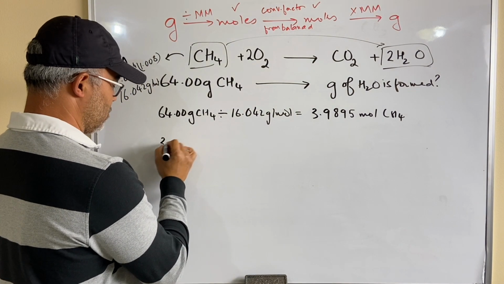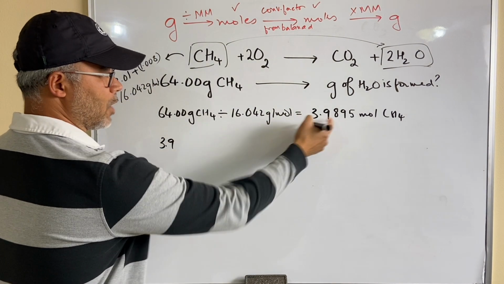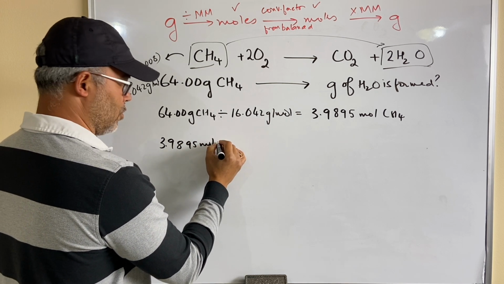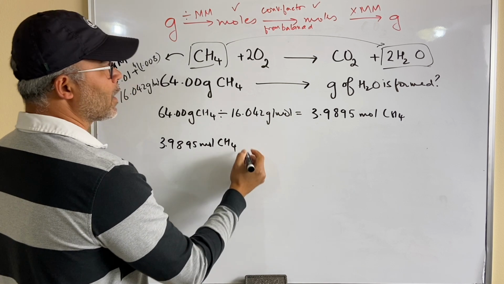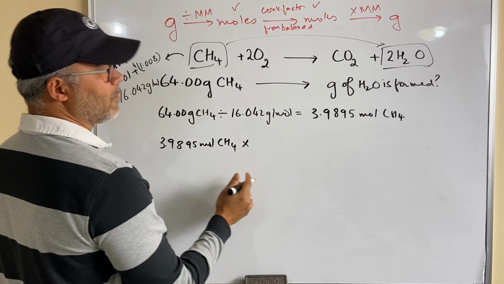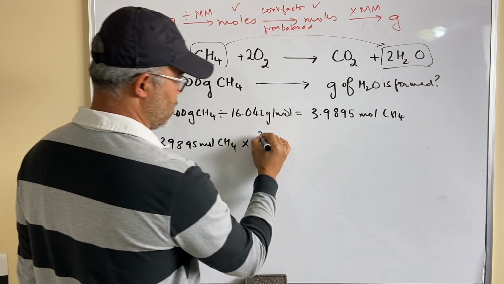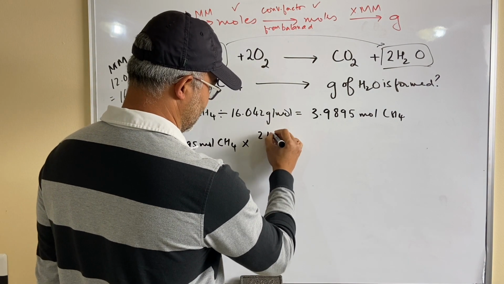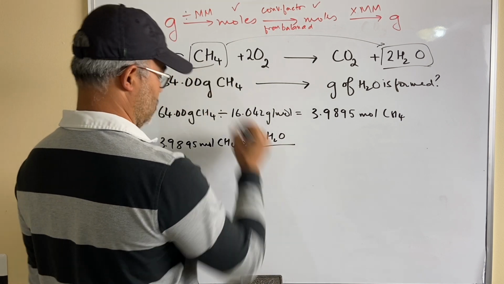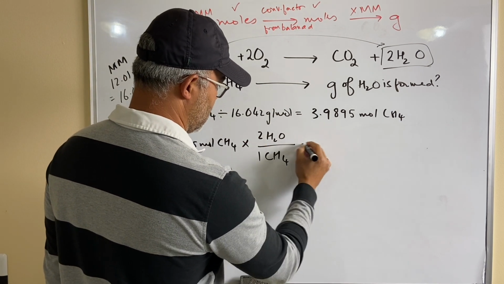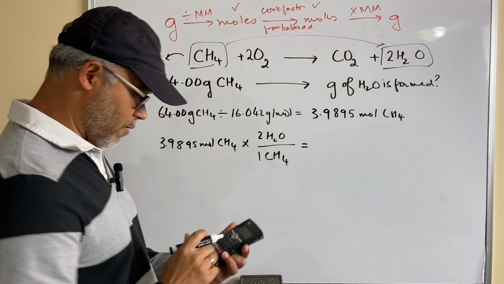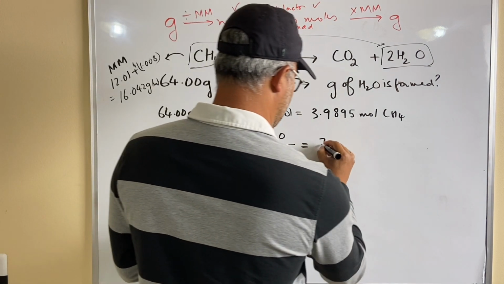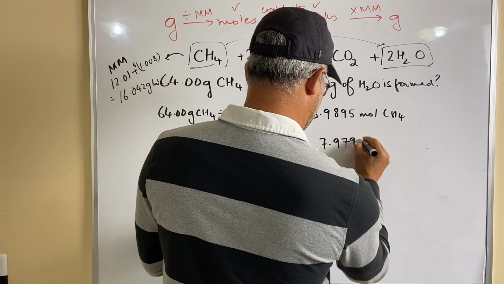To find the moles of water, we start with 3.9895 moles CH4, and I'm going to multiply it by the conversion factor with water on top: 2 H2O over 1 CH4. That is going to give me 7.97905